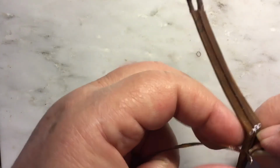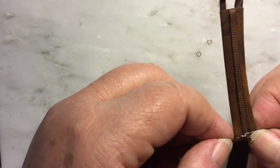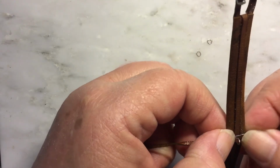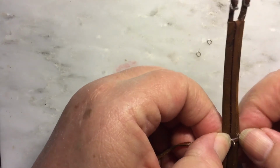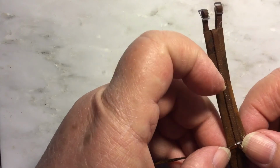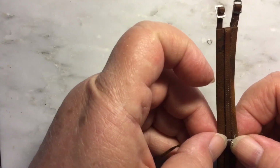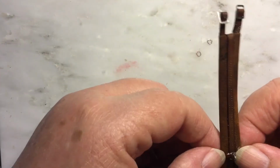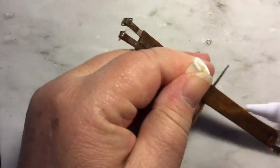And we're going to put this right on that center. So the D is right centered on the center. See that? And like I said, this then allows, it can be pulled this way, it can be pulled that way, and this way. You never put it on backwards. Okay. And then on the back side, we'll go ahead and